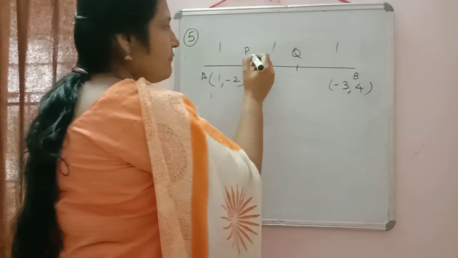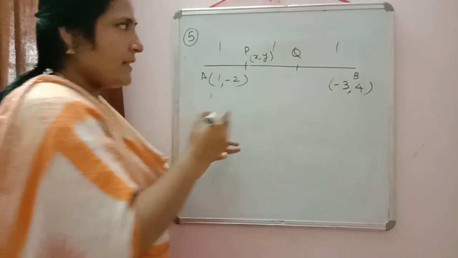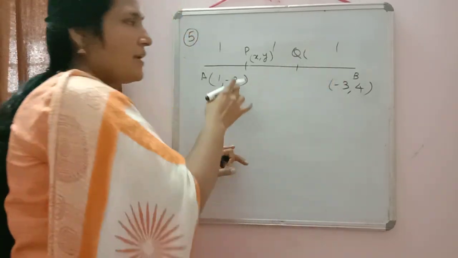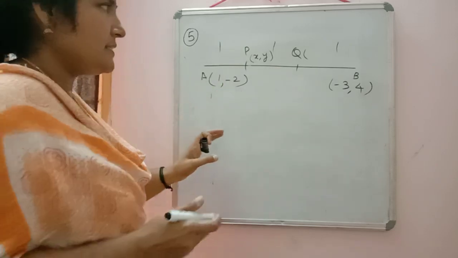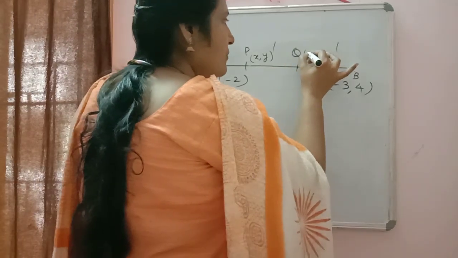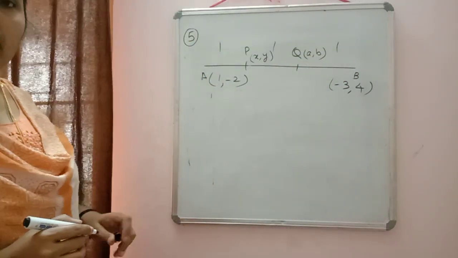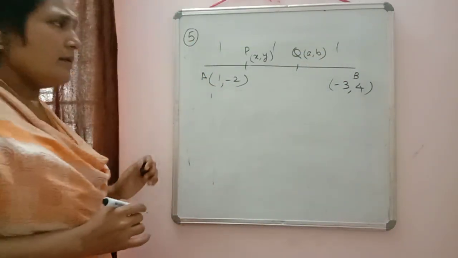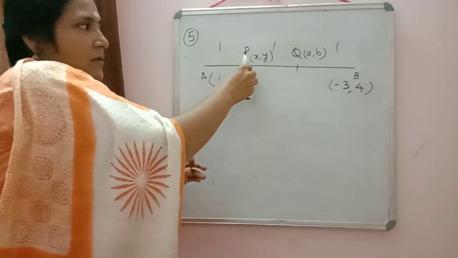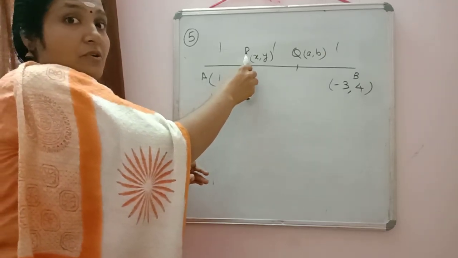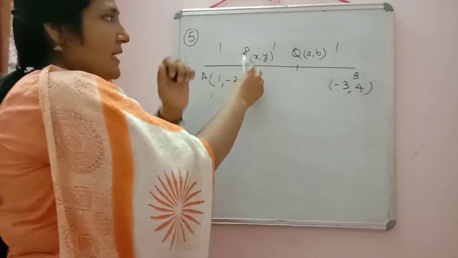Now we will check how to get the coordinate of P and Q. So coordinate of P I am taking as x, y. And coordinate of Q, since already x, y I have taken, any other point I have to mention there. So coordinate of Q I am taking as a, b. Small letter a, b. Now if I will check, I have to find out the coordinate of P. So I should know the ratio. What is AP is to PB. Now we can check there.